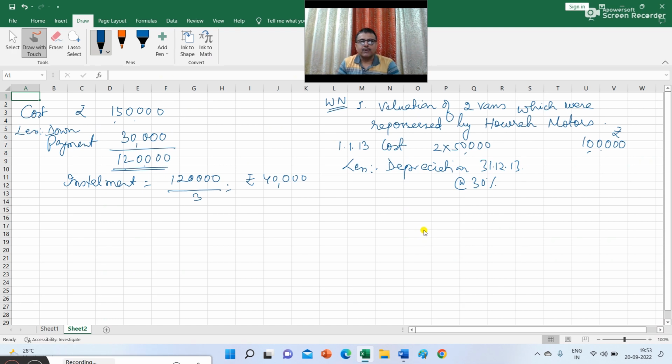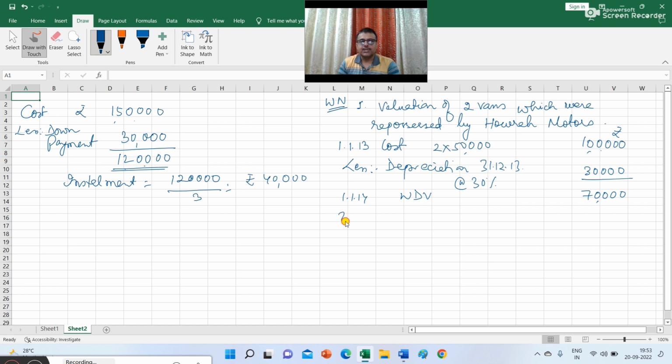Now it is not given whether the 30% rate is on straight line or diminishing balance method. Now since we are charging depreciation in the books of Raha Transport Company on diminishing balance method, we are also calculating the depreciation as valued by the Howrah Motors at the rate of 30% on diminishing balance method. So 30% of 1 lakh is rupees 30,000. So written down value on 1st January 2014 is 70,000